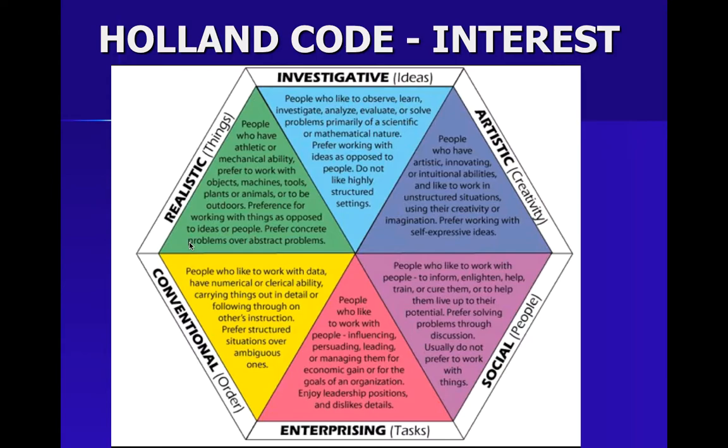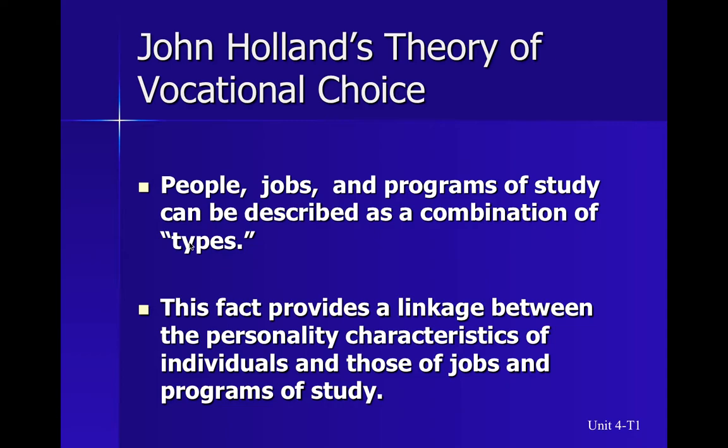There are 6 basic categories: realistic, people like things and machinery; investigative, ideas; artistic is a creative section; social is working with people; enterprising is working with people but in a slightly different relationship. It's more selling and influencing. And conventional is really a lot of structure and data oriented, a lot of people who like that orderliness. So let me introduce this to people. We'll introduce this whole theory to you a little slower than that.